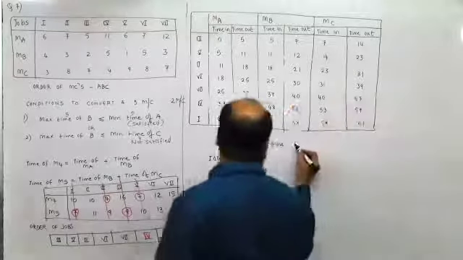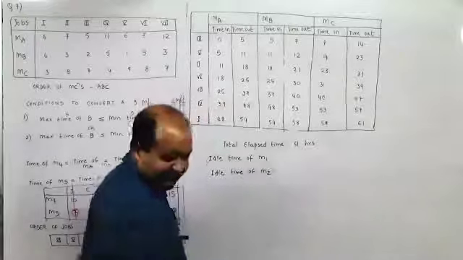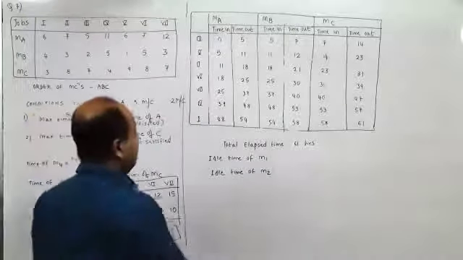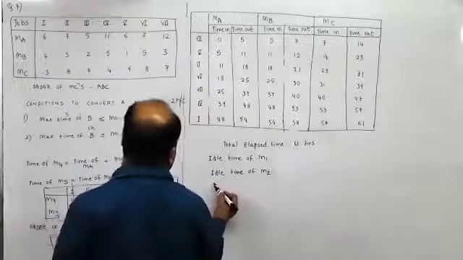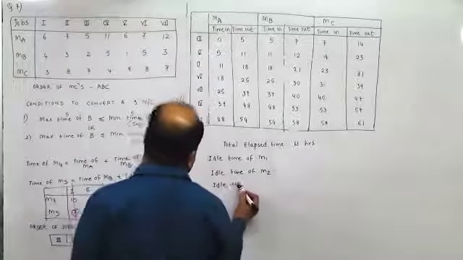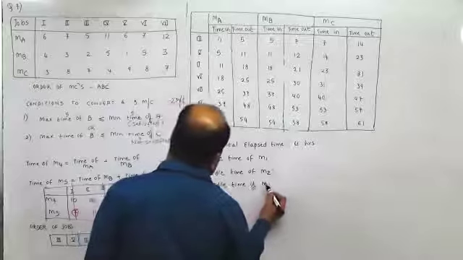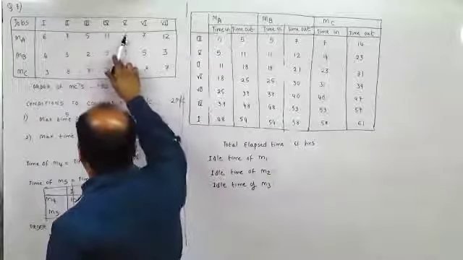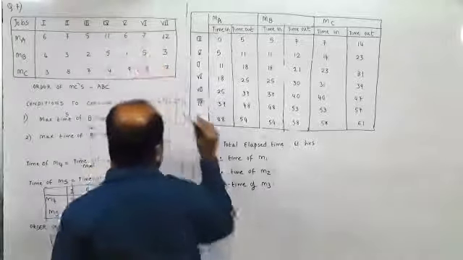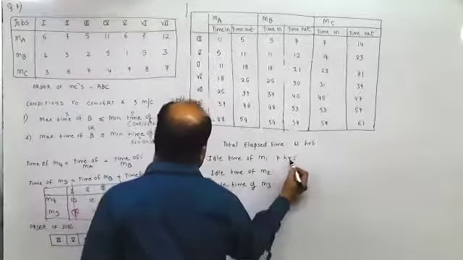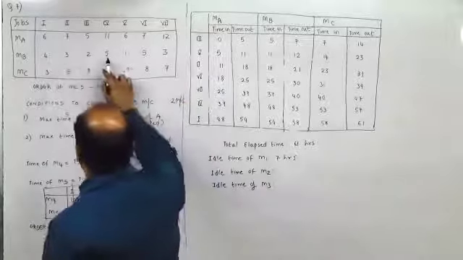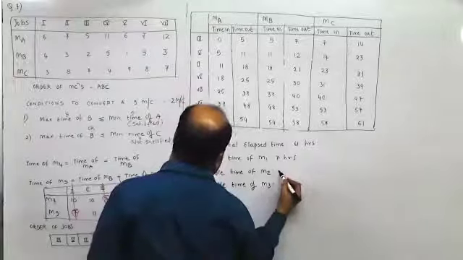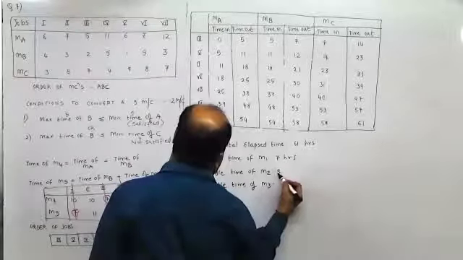So total elapsed time is 61 hours, I believe they have given. Keep an eye on the time units, whether it is hours or not. Idle time of machine 1, 2, and 3. Machine 1, it is 6, 7, 13, 5, 18, 11, 29, 6, 35, 7, 42, and 54. So 7 hours. Then idle time of machine 2, 4, 3, 7, 2, 9, 5, 14, 1, 15, 5, 20, and 23. So it would be 23 means it is 38.